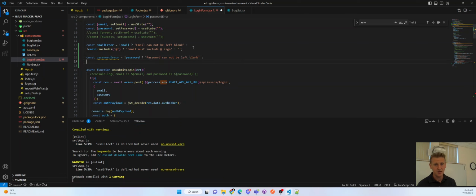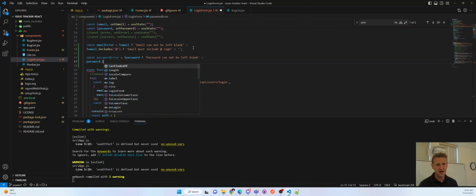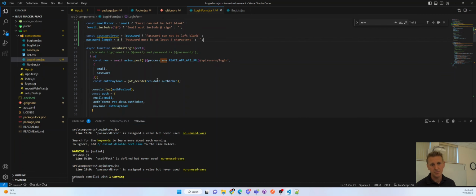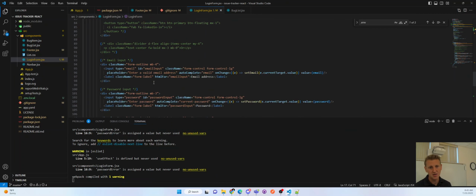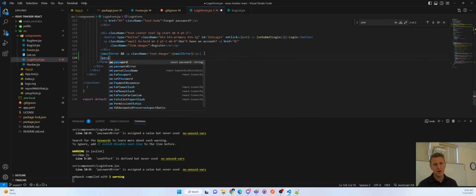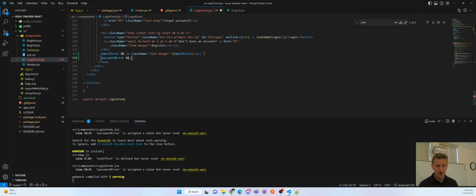Otherwise, is the length, password.length, less than 8? Password must be at least 8 characters. Otherwise, leave it like that. And we'll scroll down and kind of do the same thing here. Password error and